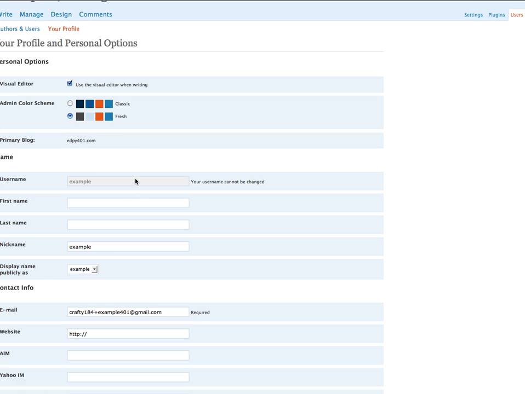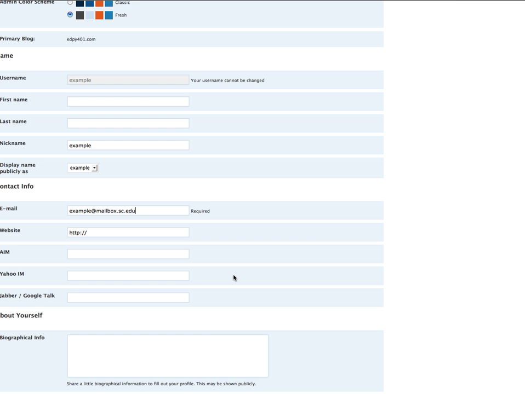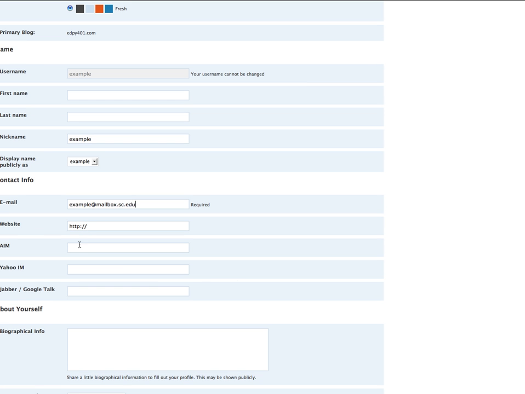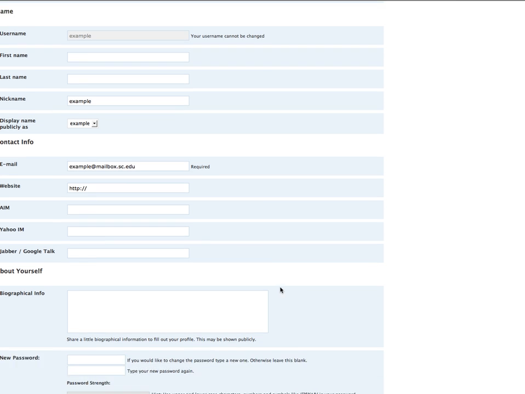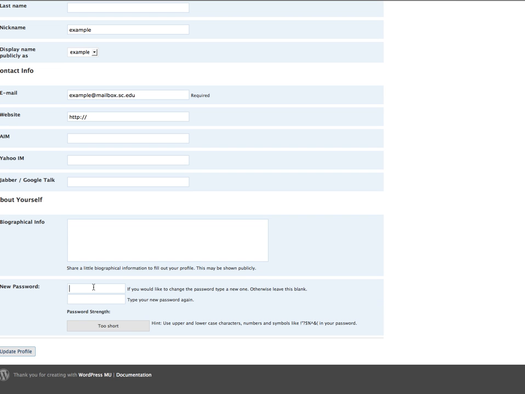And then scroll down a little bit, and you'll see the email address. Change that to your email address. Make it whatever in the world you want to, as long as it's an email that'll actually get to you. Or whatever in the world yours is. Scroll down. You can fill in any of this if you want to. You don't have to. You can fill in some of this. You don't have to. The big deal is here down at the password, you're going to want to click,